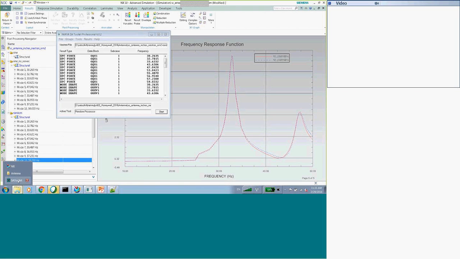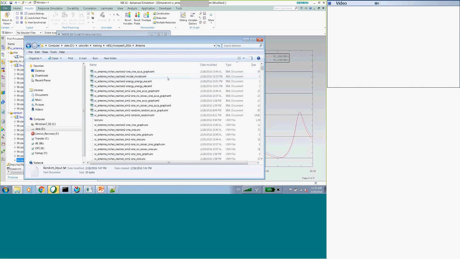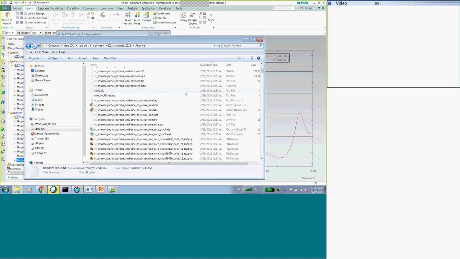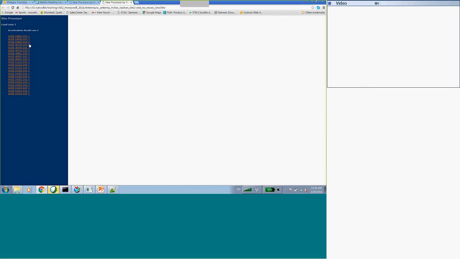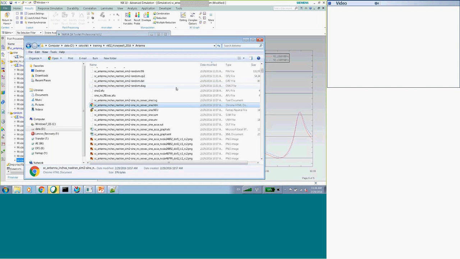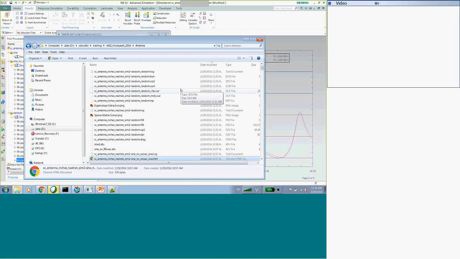So what can we, well, first let's look at some of the metadata. I've got HTML, the sine processor, except I picked the sine results.